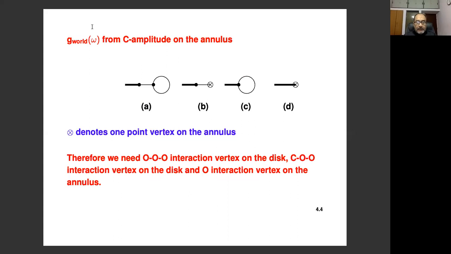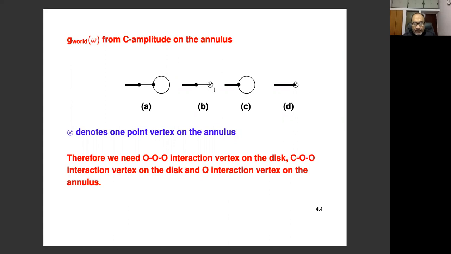So let's start with the worldsheet contribution. As I said, this is the most straightforward one, although this is somewhat tedious. In this case, we can again write down the Feynman diagrams, and these are the 4 Feynman diagrams that contribute. I am including only those Feynman diagrams which have internal open strings. I'm not drawing any internal closed strings. They are all dumped into the common vertex. And the notation here is that a solid dot will represent a corresponding vertex on the disk. So this, for example, describes a 2-point vertex with 1 closed string denoted by the thick line and 1 open string denoted by the thin line.